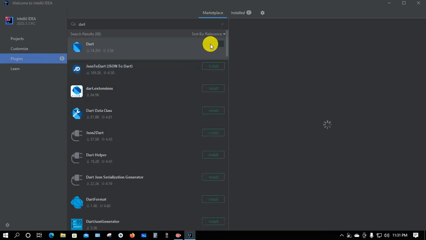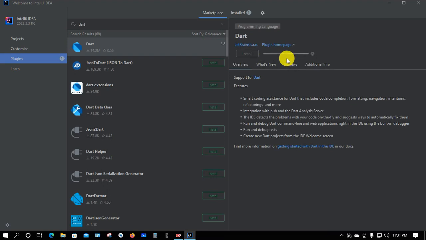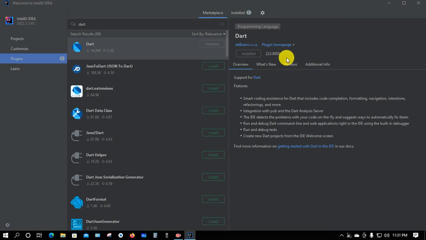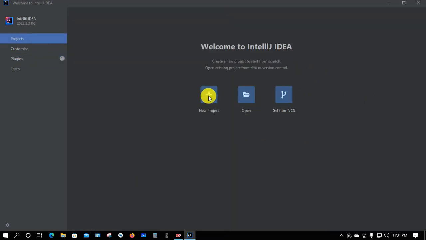click install. So Dart is installed. Now click on projects, click on new project,